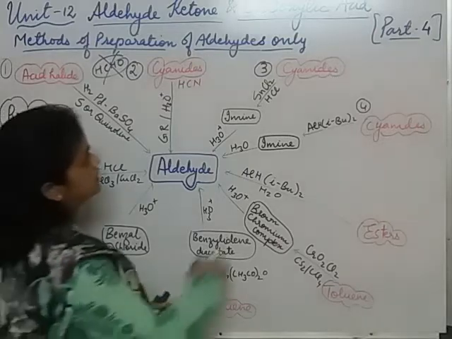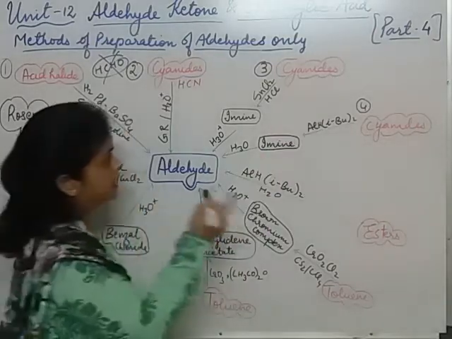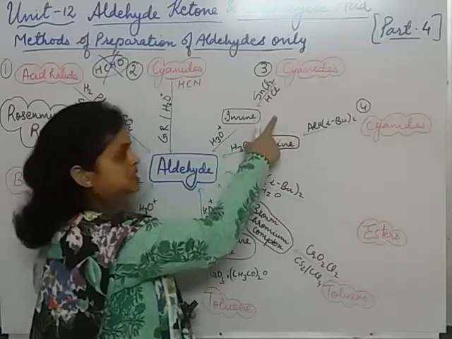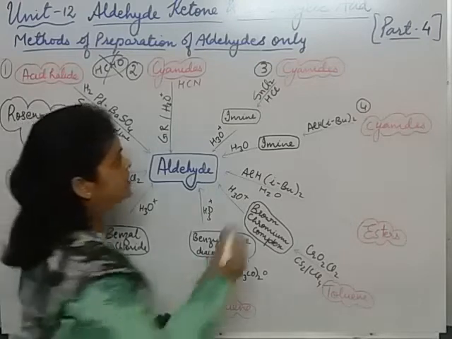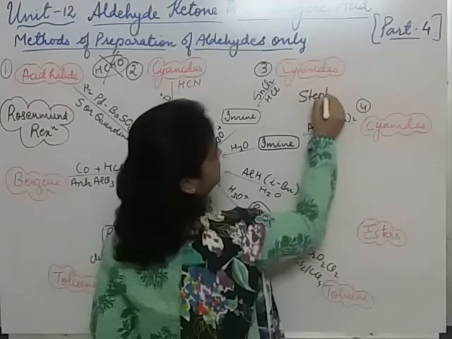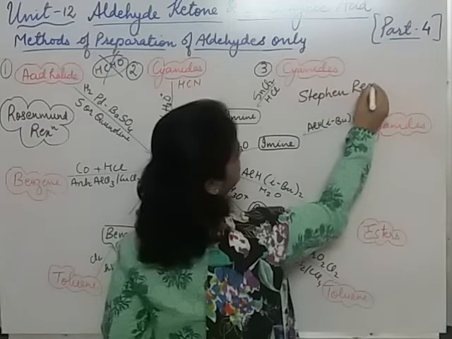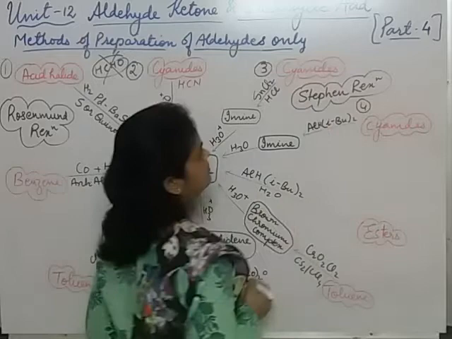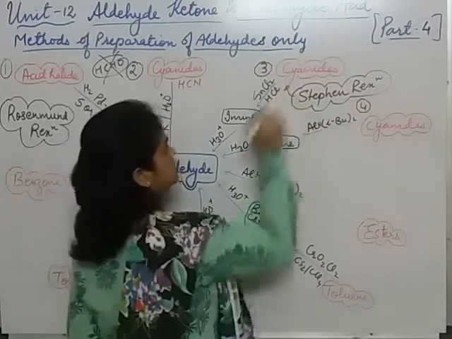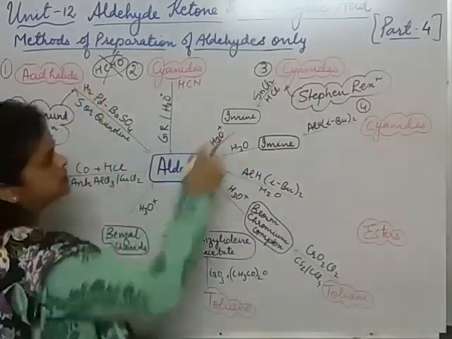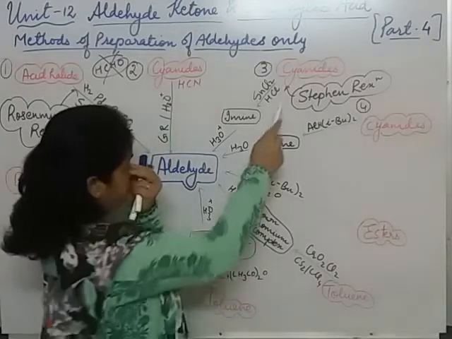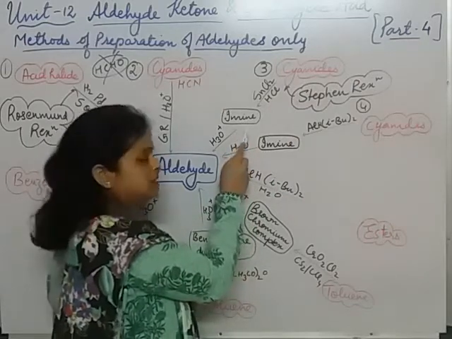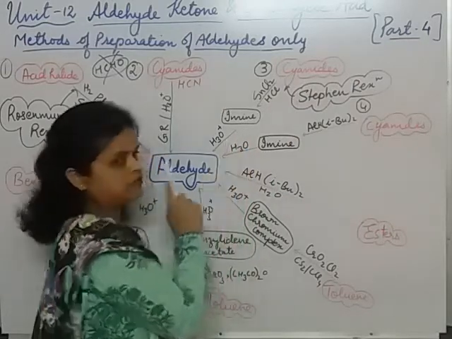Now, let's move on to the next one, cyanides. How can cyanides be converted into aldehydes? By means of SnCl2 and HCl. We had already discussed, this reaction is called the Stephen reaction. It is again a name reaction, students. So take care whenever we have name reactions. This is the Rosenmund and this is the Stephen reaction. First, the reduction of cyanide takes place and results in the formation of an imine, and then this imine on hydrolysis forms the aldehyde.